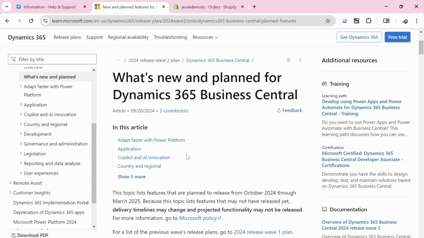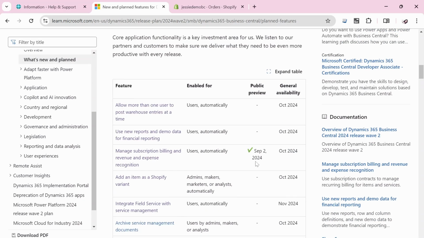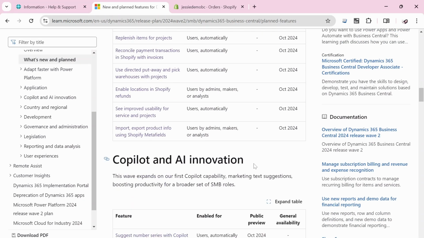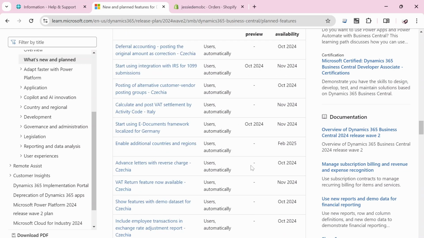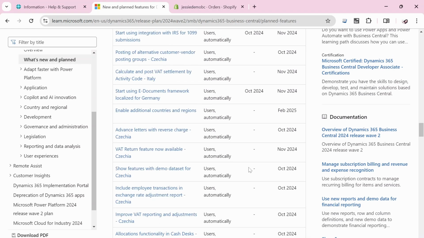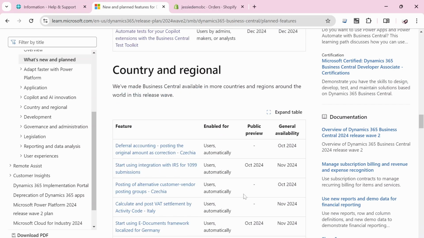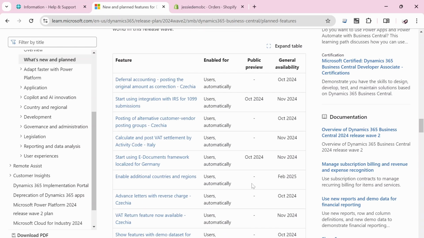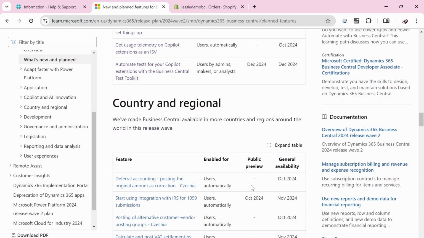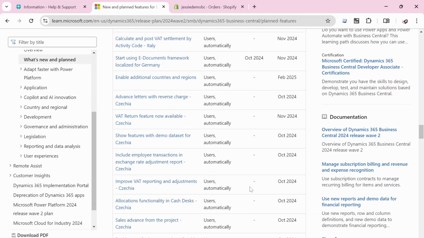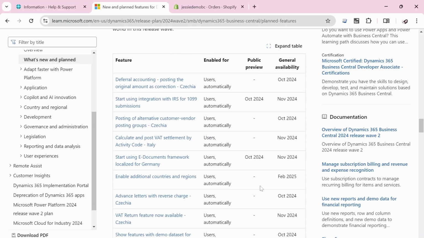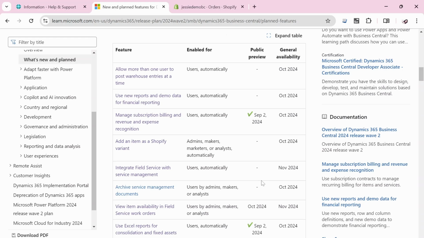Another new module is for sustainability, because to avoid the greenhouse effect, global warming, lots of countries have issued legislation regarding greenhouse gas emission or the carbon fee. So I'm going to start with